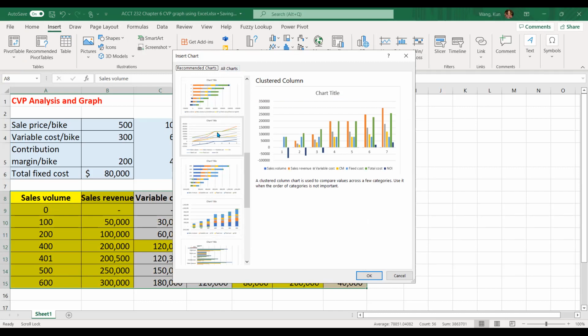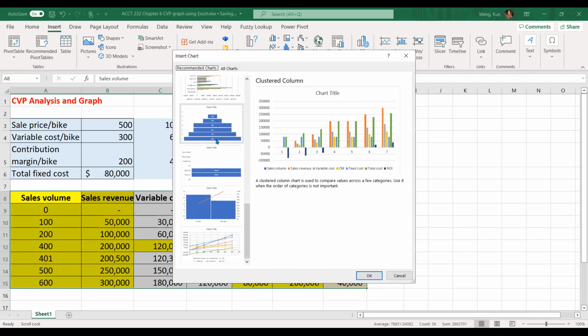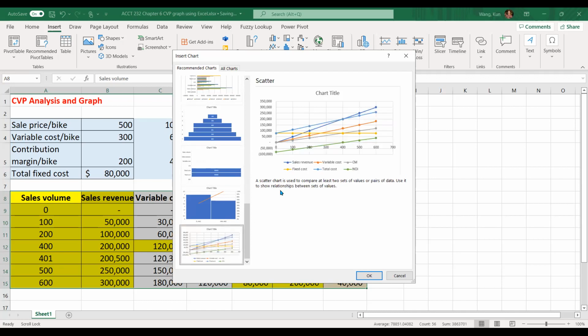So I will refine the line charts later, but compare, I think this one rather than this. So this, the last one. Now it's showing all of the revenue, costs, and profits. I will choose this recommended scatter chart. Then later I will remove the columns I don't need. So click on OK